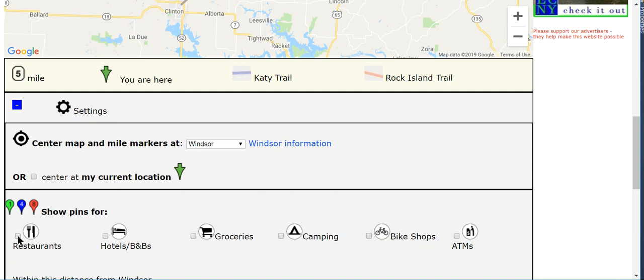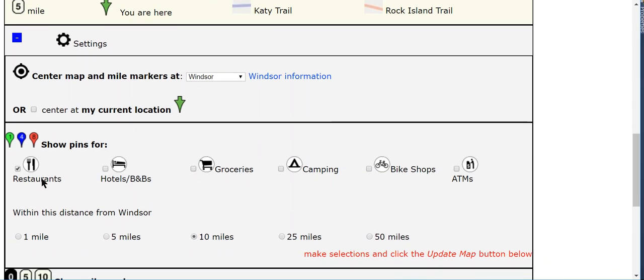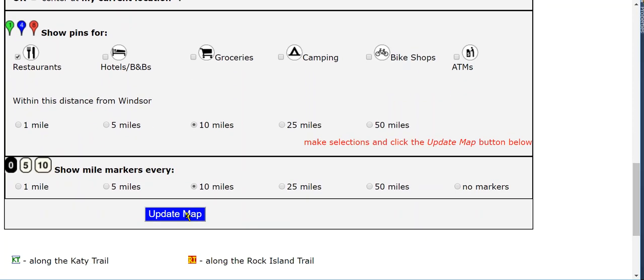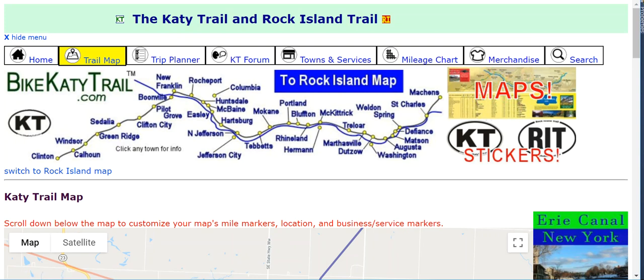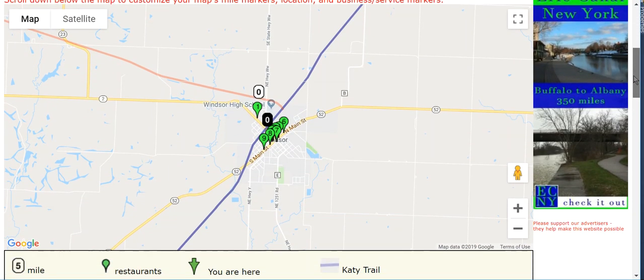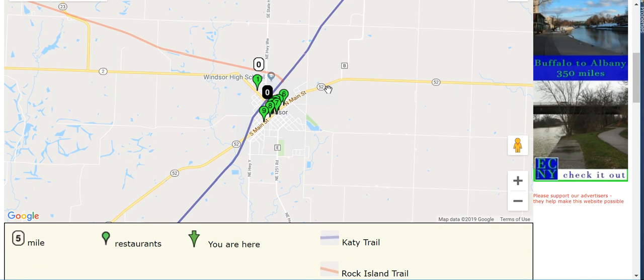Another option that we have built in is if you want to see these particular types of services mapped out. So for example, if you want to see all the restaurants within a certain radius of where you're centered, so we're at Windsor right now, let's say within 10 miles we want to see all the restaurants. We make the selections, come down here and update the map, and it comes back still centered at Windsor, and there are little green pins indicating all the restaurants within 10 miles of that center